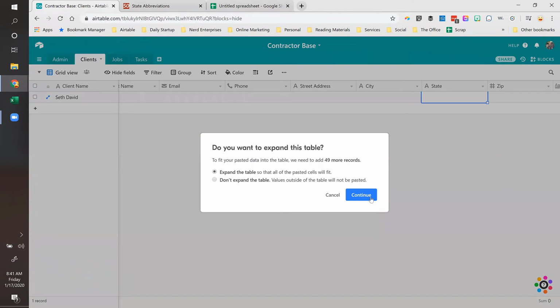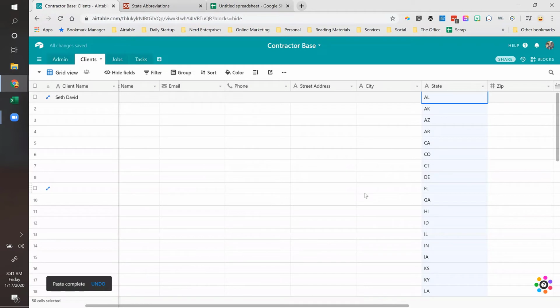It's going to warn me because I'm asking it to expand the database to accommodate, it's actually 50, right? Because it says we need to add 49 more records. It's already got 1. That's also a good indicator that we've got them all. So watch what Airtable does. Now that I've got a record in the database, each with 1 state,